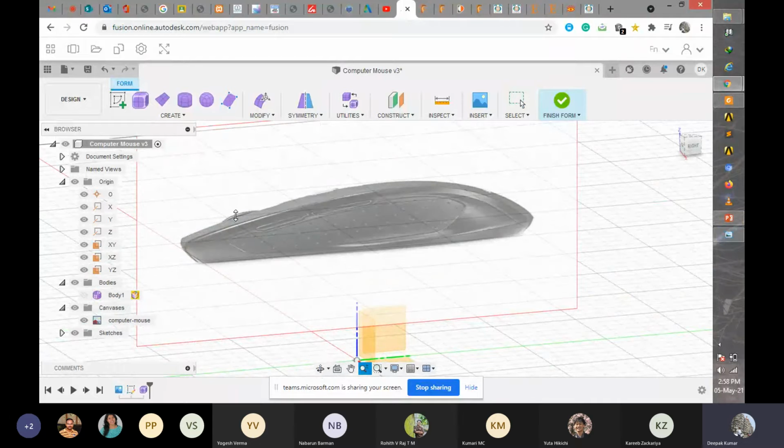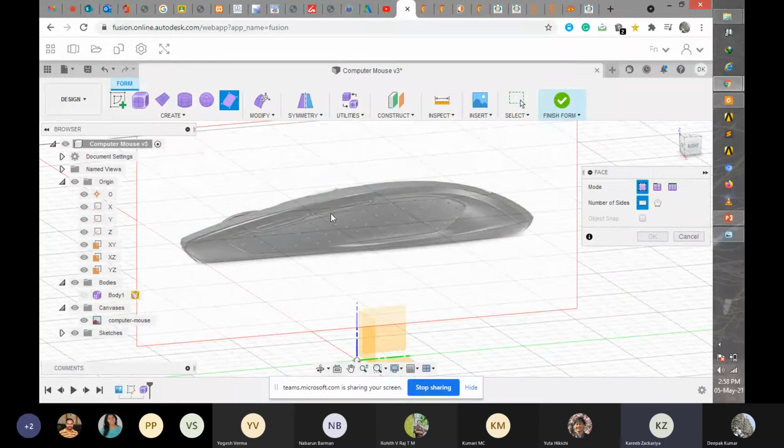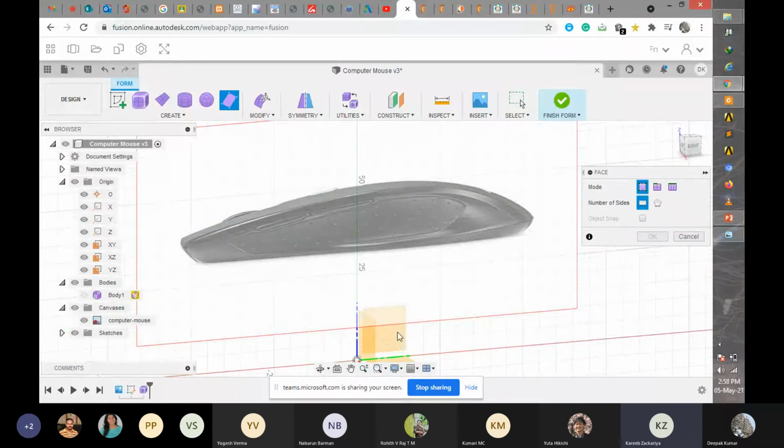Now, faces. So try to make the surface you wanted, and then make it in 3D.